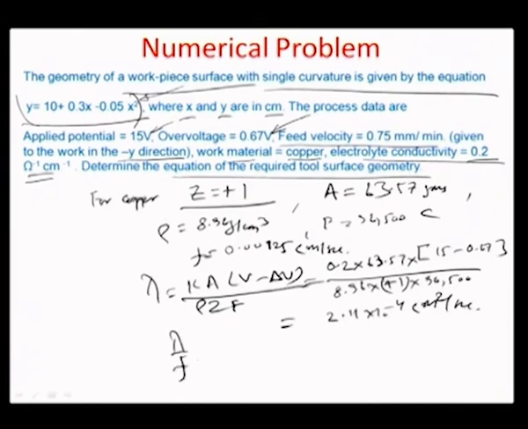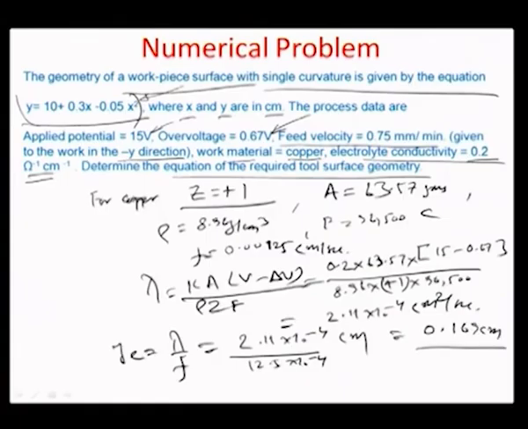Of course, lambda by F is 2.11 × 10^-4 divided by 12.5 × 10^-4 centimeter, and this is 0.169 centimeter, which then comes out to be the equilibrium gap YE or GE, whatever you may think appropriate. This gives us a basis of plotting this functional relationship between YW and XW into YT and XT. So let us now have a look